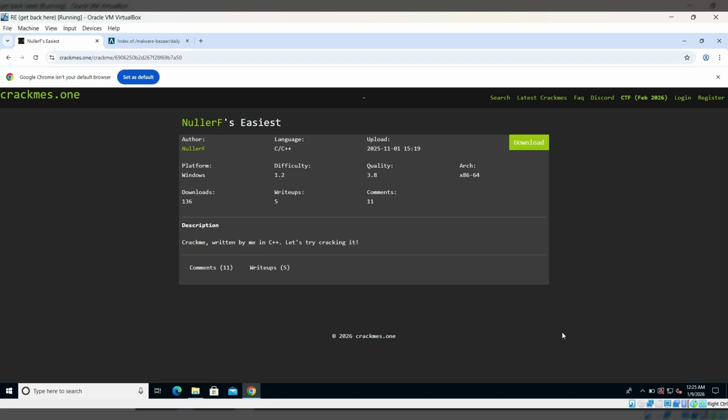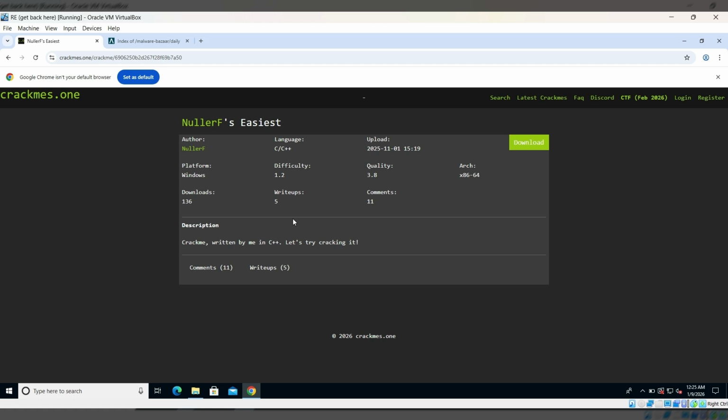Welcome to another alternate days reverse engineering challenge. As you can see, the difficulty level is pretty low for this challenge. It's very simple, it's very easy. Again, my challenges and my videos are completely focused on beginners so that you can follow me and try it out all by yourself also. And I'll share the link of the details of this challenge in the description below.